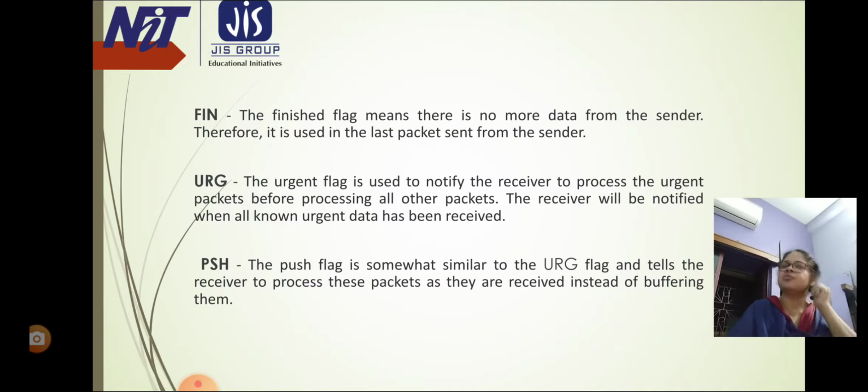Similarly, the transport layer at the receiver end buffers packets and transmits to the application layer only if it meets certain criteria.